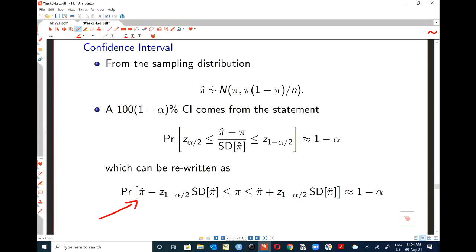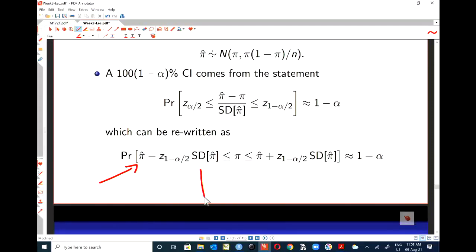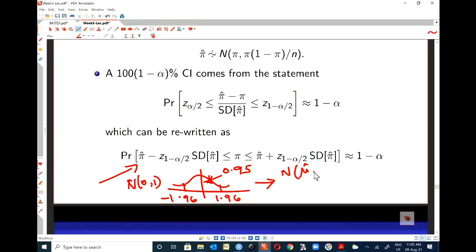It is pi hat minus... because all I'm doing is, with the standard normal distribution, I'm trying to unravel that. I'm saying, all right, in the normal distribution, to get a probability of 0.95 in the middle, I require a value of 1.96 here and negative 1.96 here. That means if I transform that, this is normal not 1. If I transform that to something else that is normal but not with the same mean, say the mean here is, let me call this mu hat, and the variance here is sigma hat squared, then what happens is,